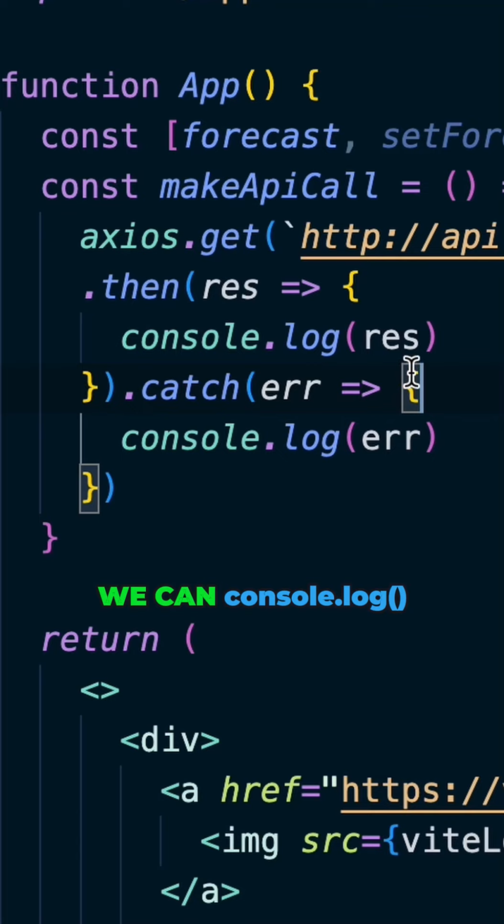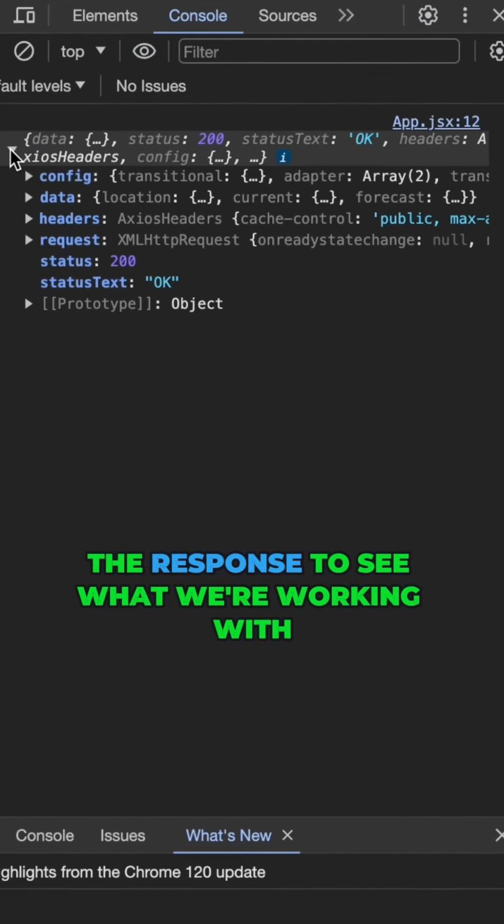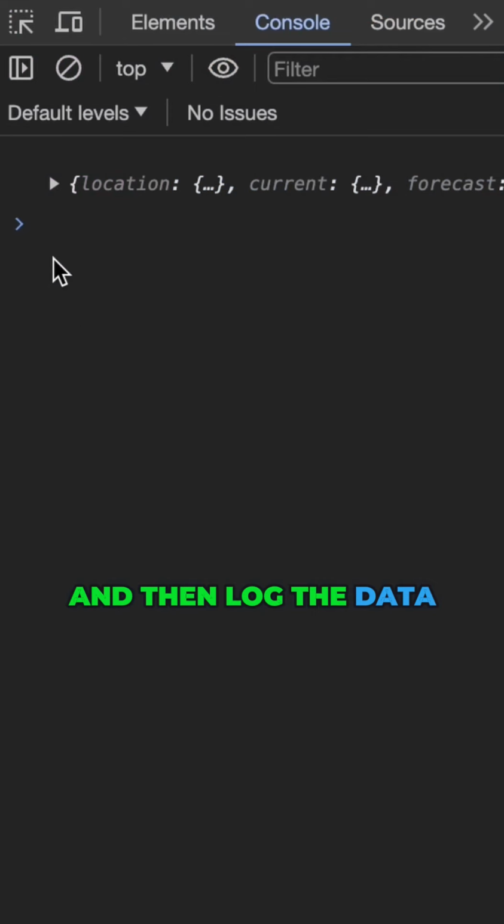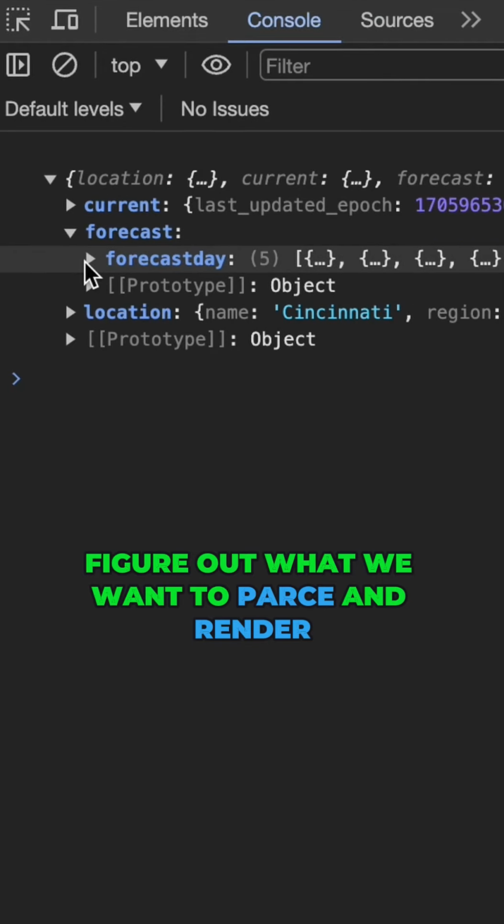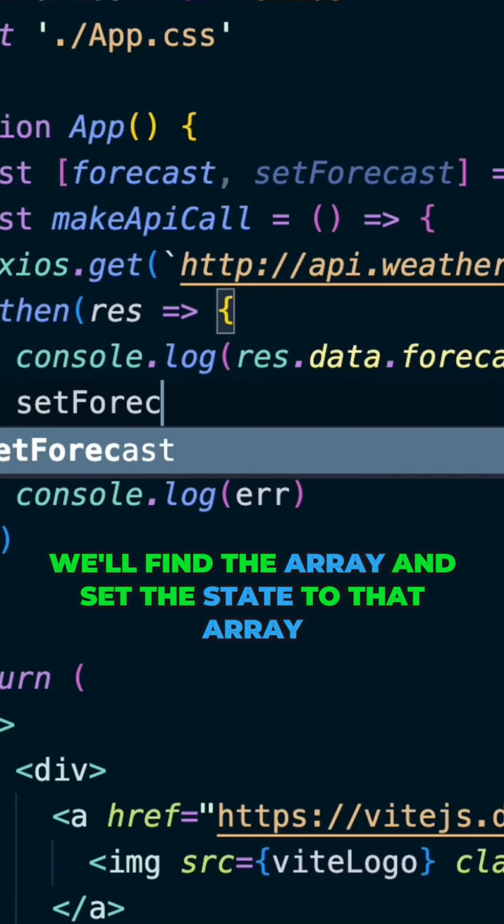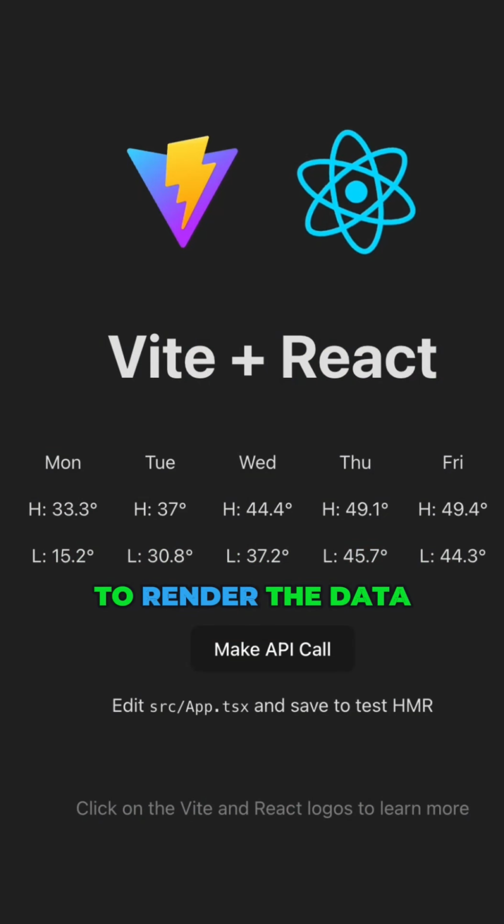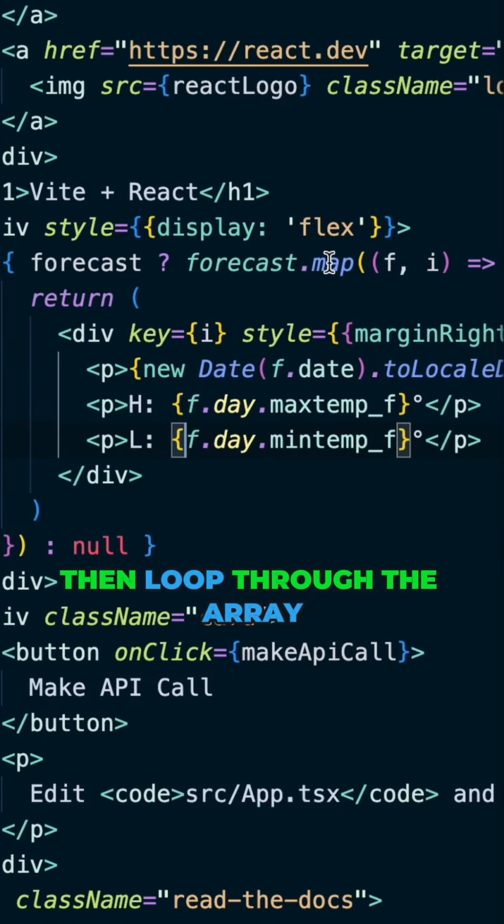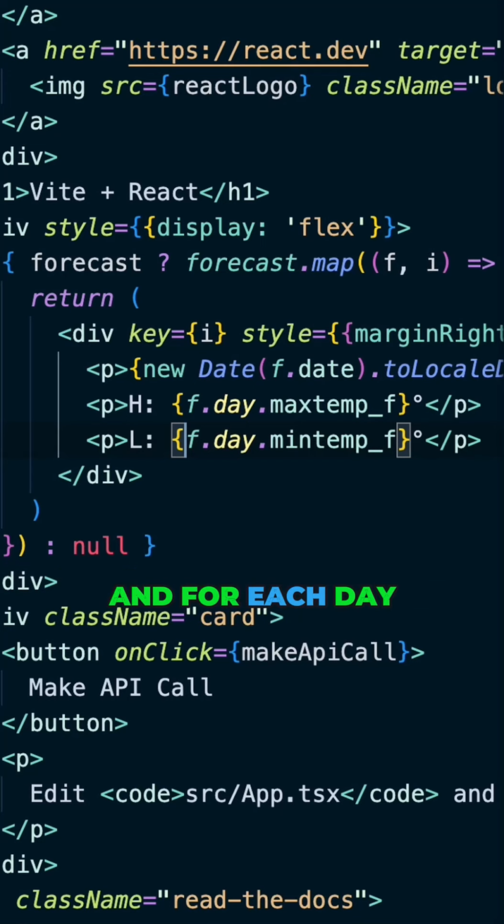You can console.log the response to see what we're working with, and then log the data. Figure out what we want to parse and render. If it's multiple items, like a 5-day forecast, we'll find the array and set the state to that array. To render the data, we'll check for that array, then loop through the array, and for each day, we'll show